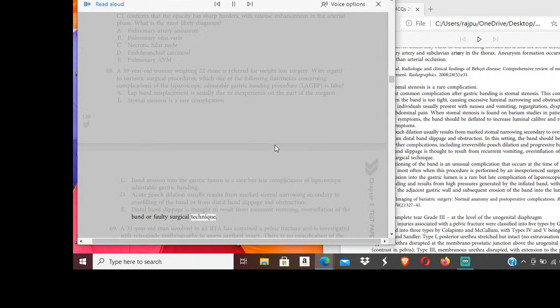69. A 31-year-old man involved in an RTA has sustained a pelvic fracture and is investigated with